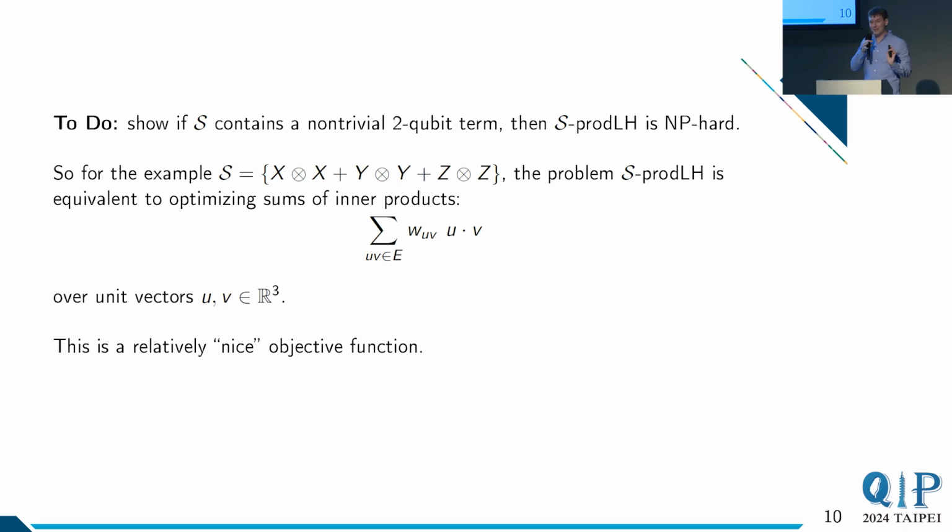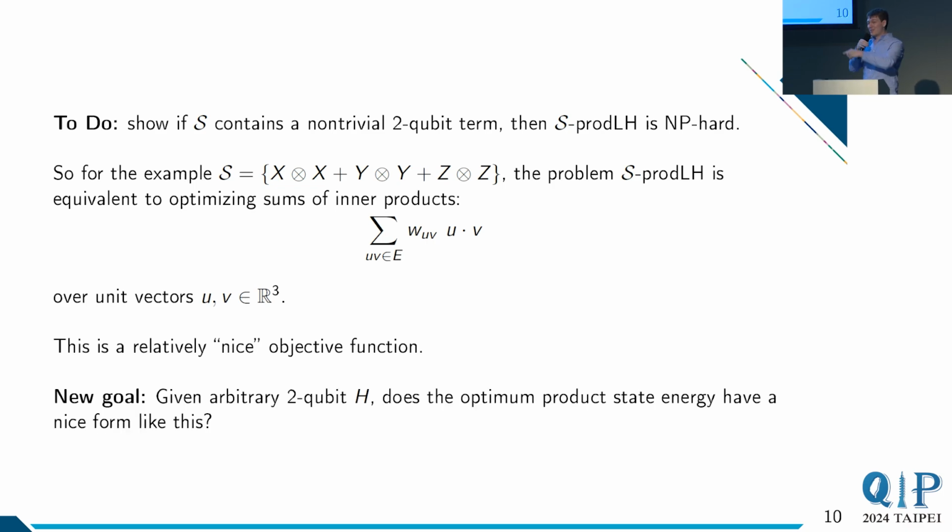And this seems like a relatively nice problem, a nice objective function. And so if we could focus on something like this, and then try to give an NP hardness proof for that objective function, we'd be done. But